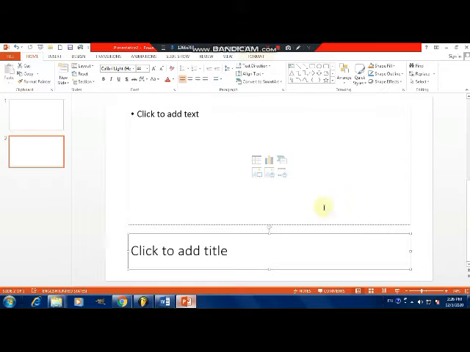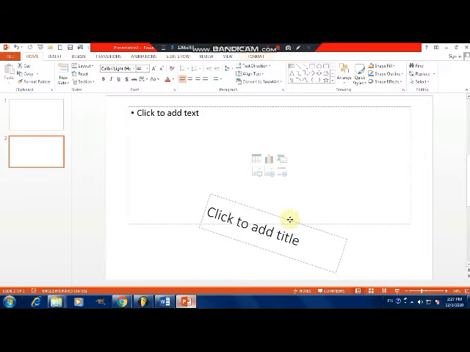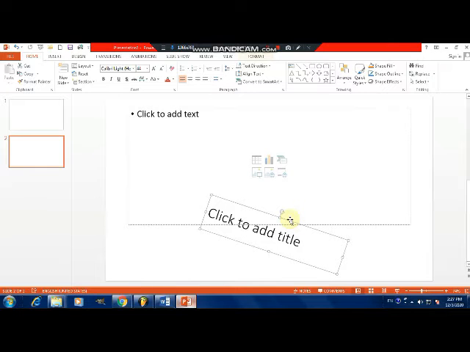You can change the size also. If you don't want it lengthy, you can make it short. Understand? Then you can change its rotation also. It is called customization.